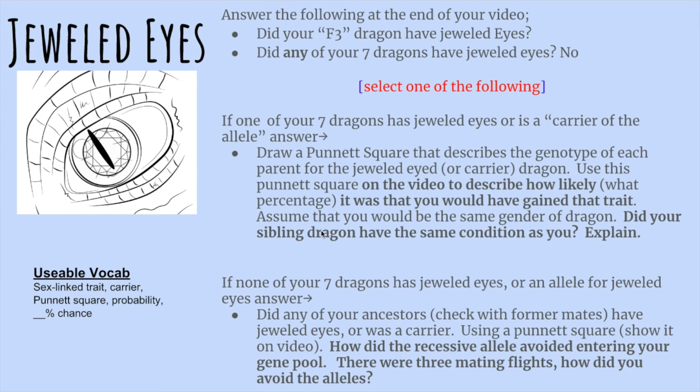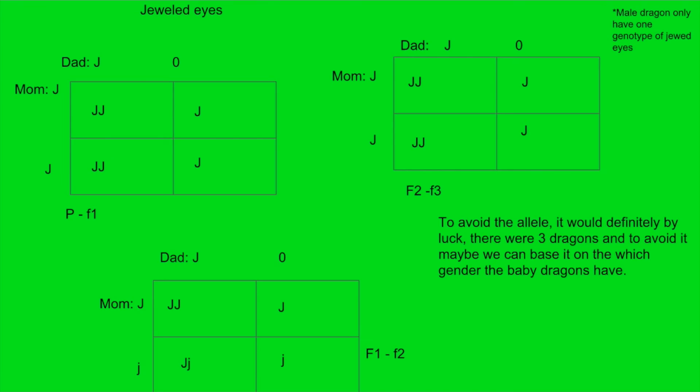And chewed eyes is the most important part to understand my family dragon genetics. So on the left side is my pure red dragon that affects the F1 generation dragons. So the mom and dad are all capital J, so there's no possibility for the kid to have chewed eyes. But in the F1 generation and F2 generation dragon, the mom is a carrier. She carries little J, and the dad is capital J. And so